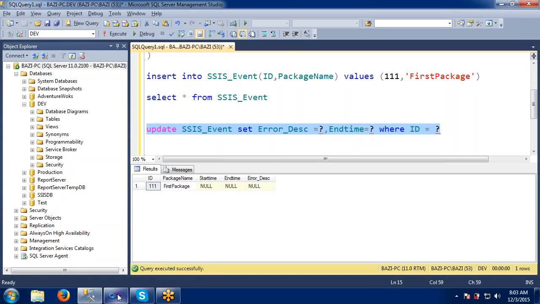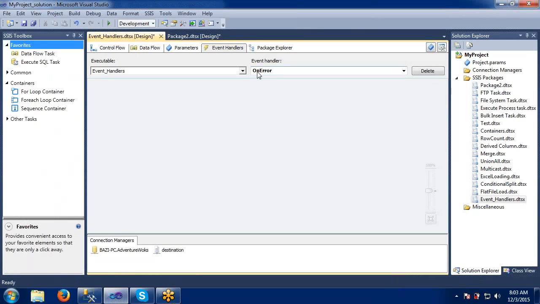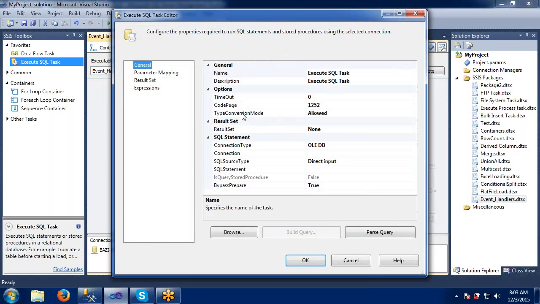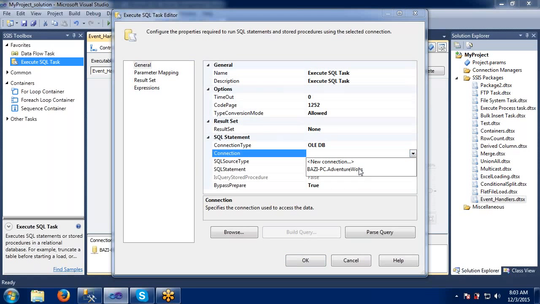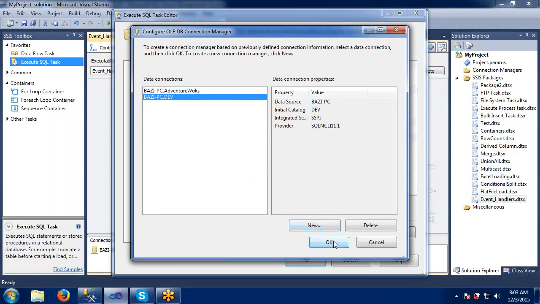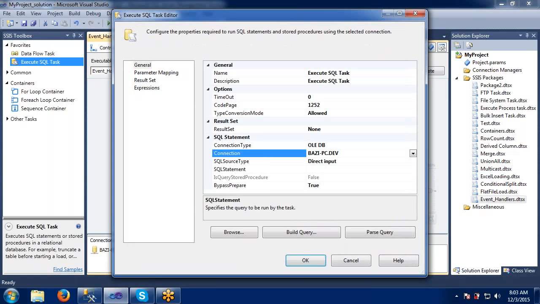Copy this one, come to here. What I am saying is, while executing this package, on error, we need to update this. So we have created one table, right? Our own table in the dev database.